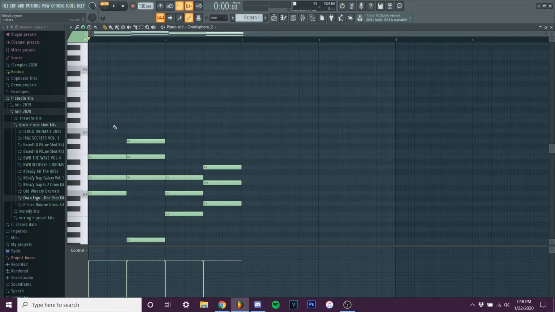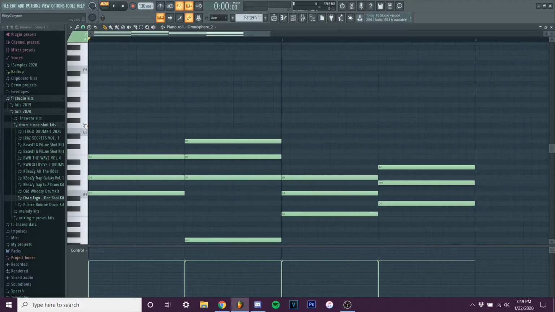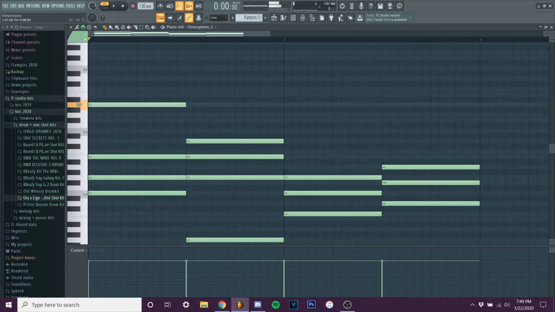Alright, so after we have basic chord structure with bass notes, another thing we do is add a top melody. So just going by the scale, you can go out of the scale, but that's only in certain situations. I don't really recommend doing it until you get really comfortable with melody making. So if we go ahead and add some notes right here, I'm gonna make them a little bit shorter just so we can add more, but